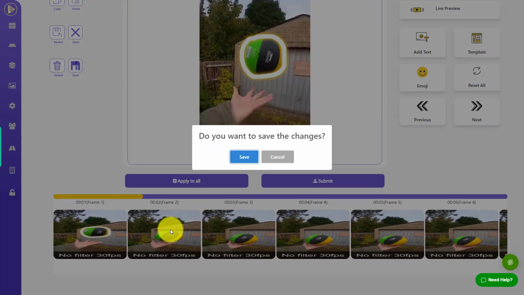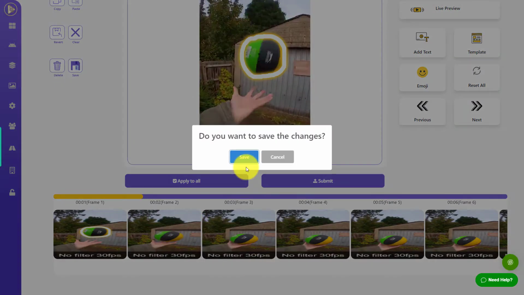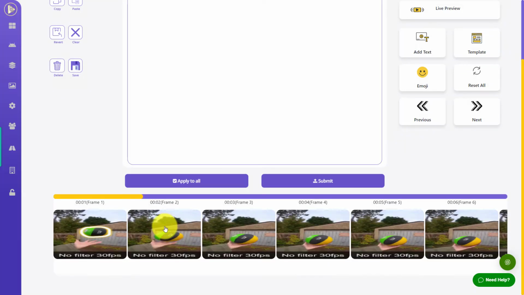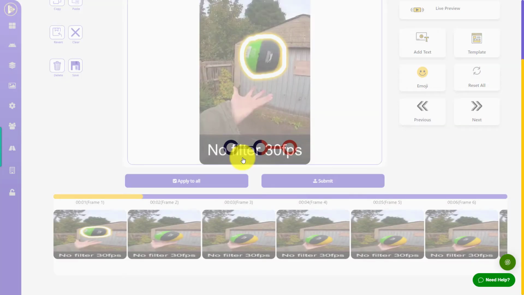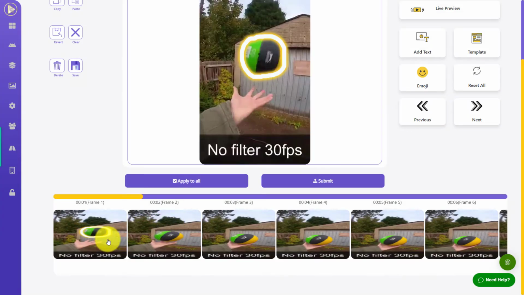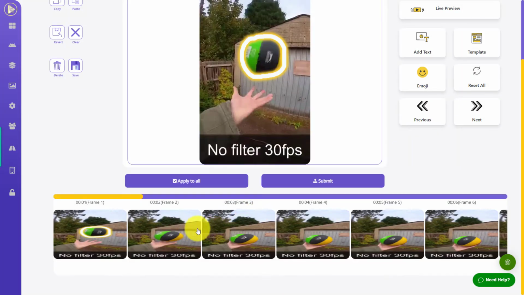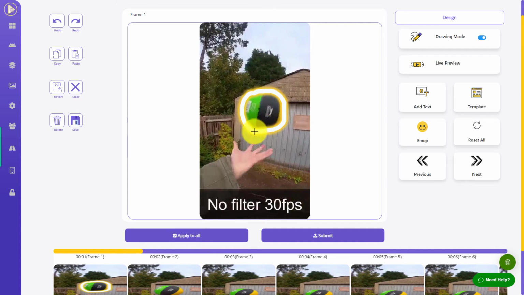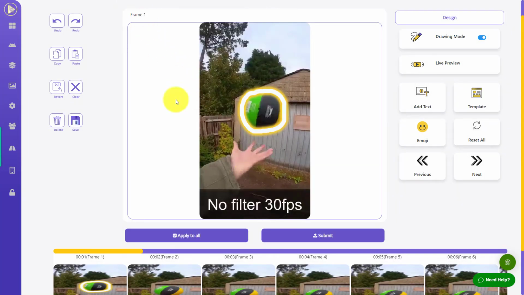Okay, so that's saved, so I'm going to go to frame 2. Now I've got to click on save again for some reason. Now it can't confirm that I'm on frame 2. I want to be on frame 2. I think I'm on frame 1 at the moment. So this isn't very good because I don't know what frame I'm on. I think, yeah, I'm on frame 1 and I want to be on frame 2. So I have to click on save, but it sticks on frame 1.